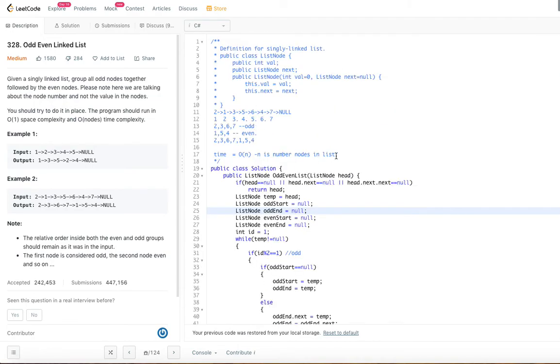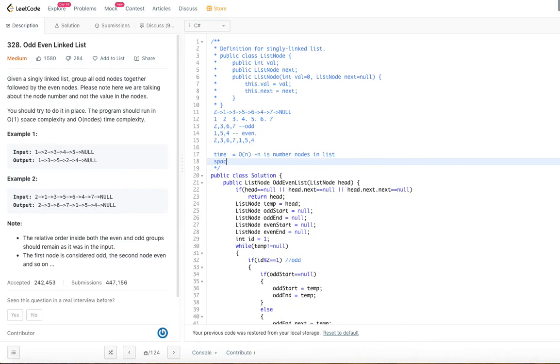So let's go to the space complexity. What space are we using essentially? These are the variables that we are using: temp, odd start, odd end, even start, even end, and ID. Irrespective of the number of nodes in the given list, we use just these 6 variables. Even if the list has 1000 nodes, it doesn't matter, we use only 6 temporary variables here.